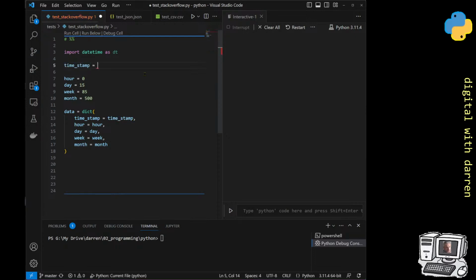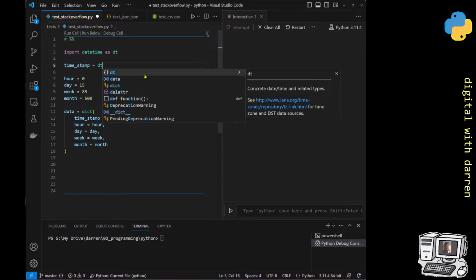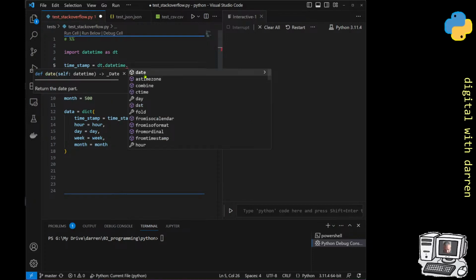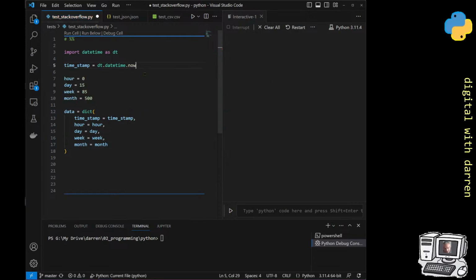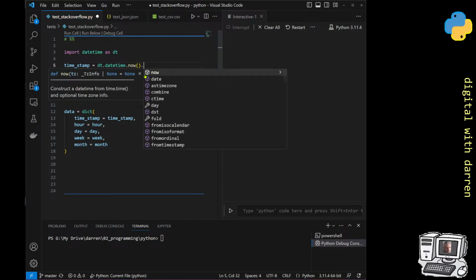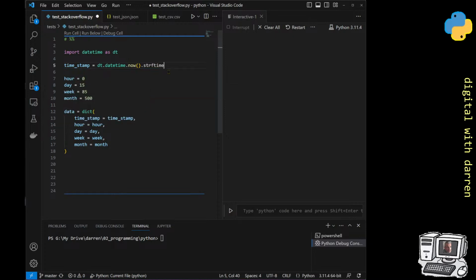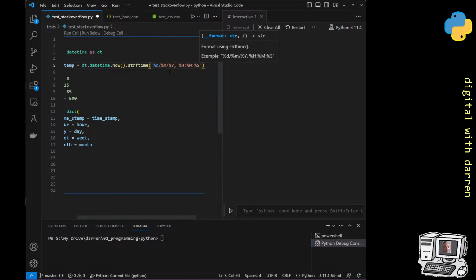Timestamp equals dt.datetime.now. At least I know this little bit of it. I think it'll be now. At least I allege I know it. But I think we want to do the strftime. I'm quite sure that it's this one, which will convert it into... In fact, I might take some of that as well, because that looks quite useful. That's what we want. This function, and we want to convert it into this kind of time thing here,